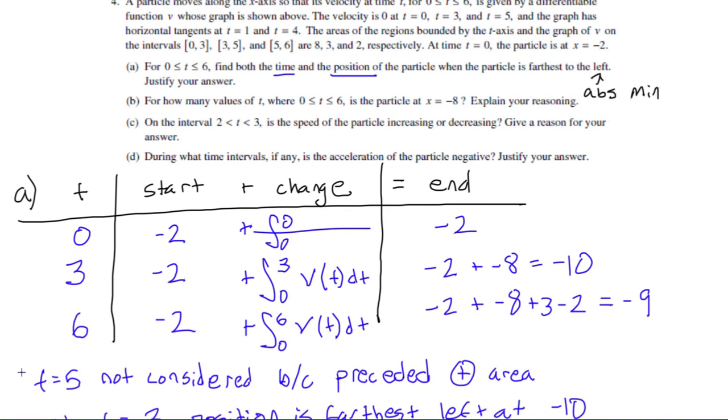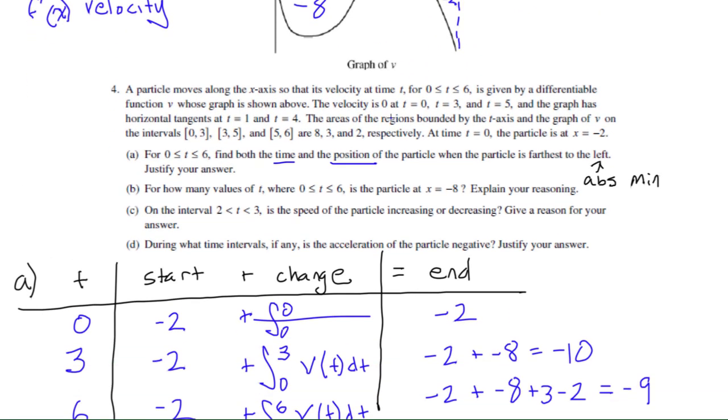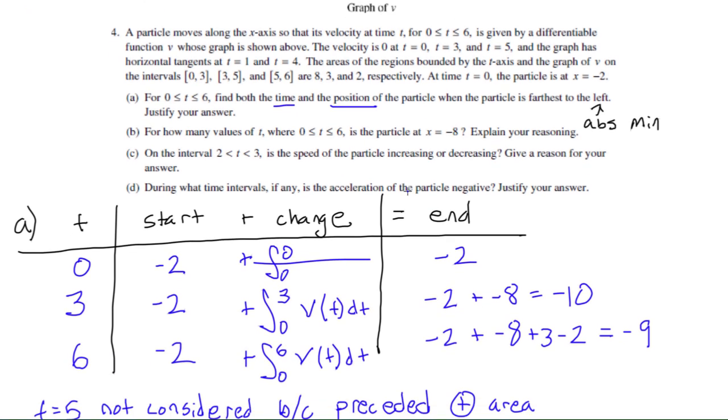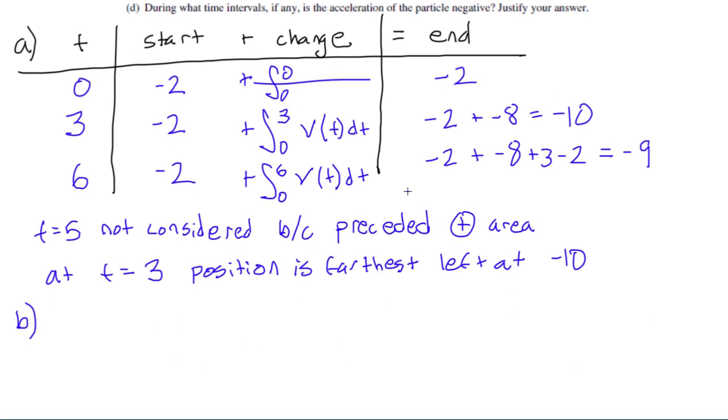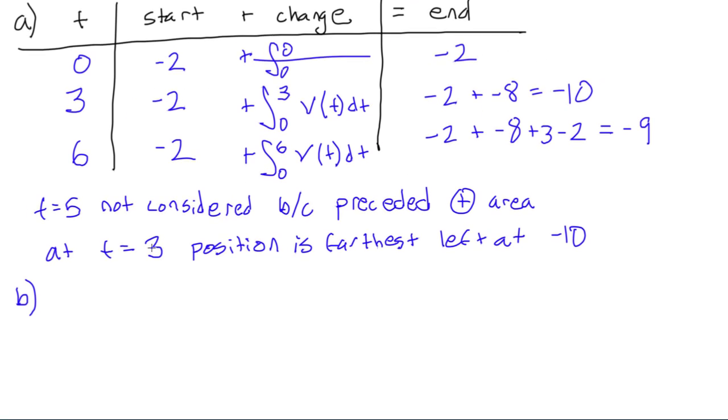All right, on to part B. How many times, or for how many values of t between 0 and 6, so between this interval, is the particle at x equals negative 8? Oh. What do we think? They're going to be from 0 to 3. From 0 to 3, because it goes from position negative 2 to negative 10, so we can say